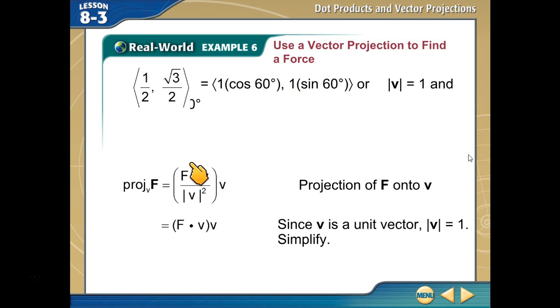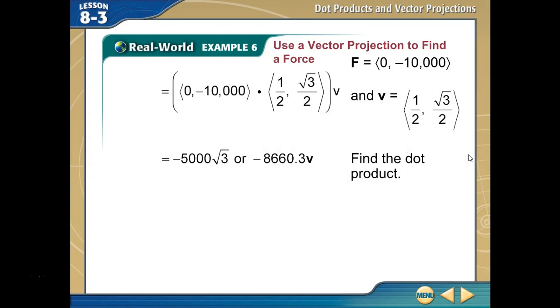as a projection. Now my projection is my force dotted with the vector I just found over the magnitude of my vector times v. Since I picked a unit vector, the magnitude is 1, so the magnitude squared is going to be 1, so dividing by 1 just basically gives me the dot product. So I have this dot product times vector v, scaled by vector v, which is going to give me that value. So if we look at their next piece,